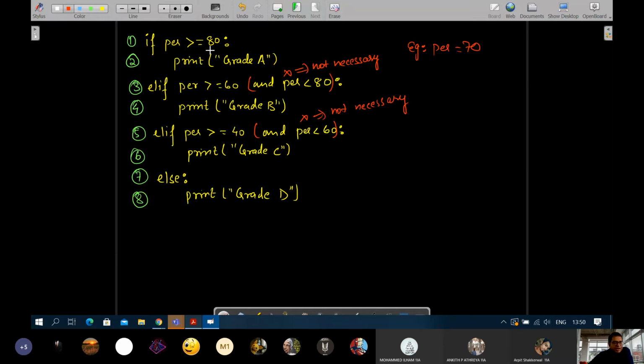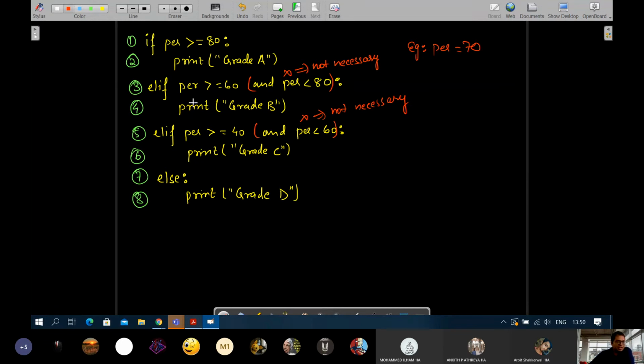However, if you do not maintain this decreasing order, part 80, then 60 to 80, if you start directly from 40, then you take any other range, you will have to mention the entire thing. So if you are coming out sequentially from grade A to grade D, you can skip the other part. If you are changing the sequence, if you are first checking the range between 40 and 60 and then randomly checking less than 40, then you will have to write the entire thing. But if you go on checking from higher range to the lower range in the sequence, then in that case, the second part is not necessary.